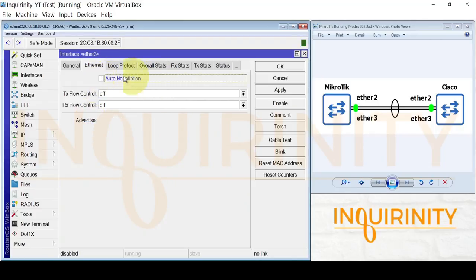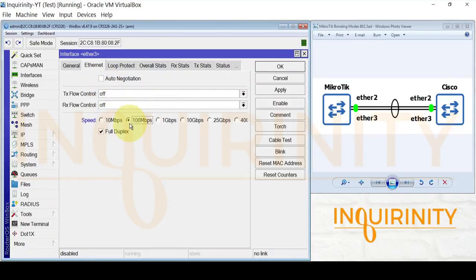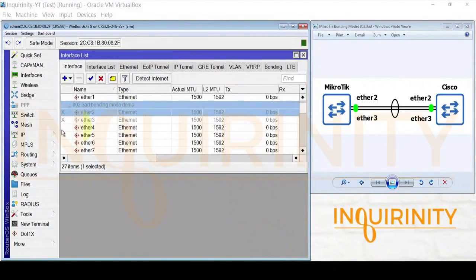We will uncheck the auto negotiation as well, with 100 Mbps and full duplex. So we have now configured our speed and duplex settings in our Ether 2 and Ether 3 interfaces. Now we are ready to configure bonding. Bonding can be found at interfaces and the bonding tab.